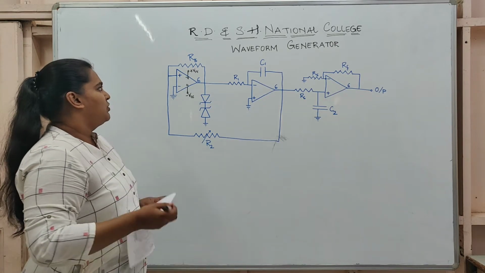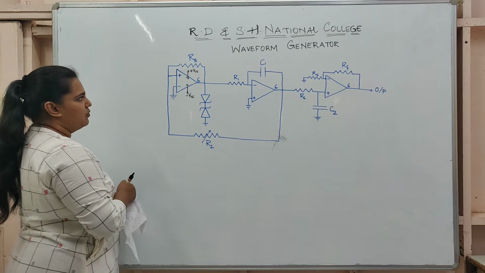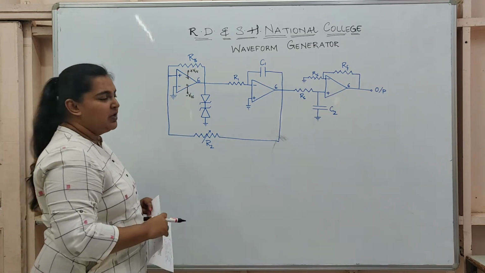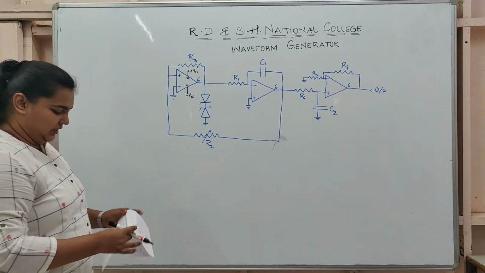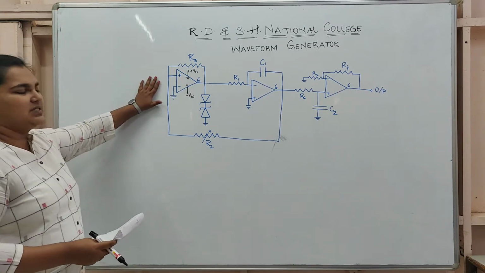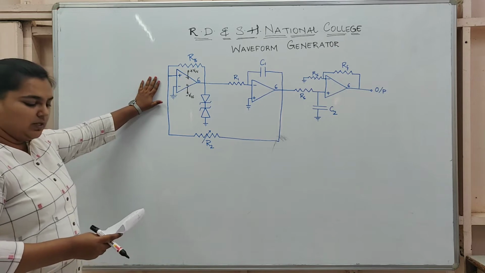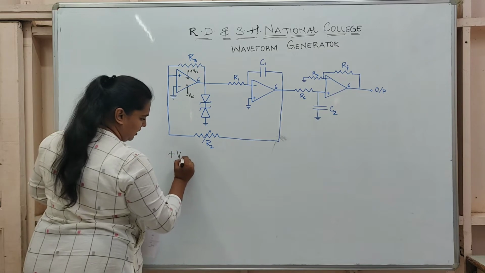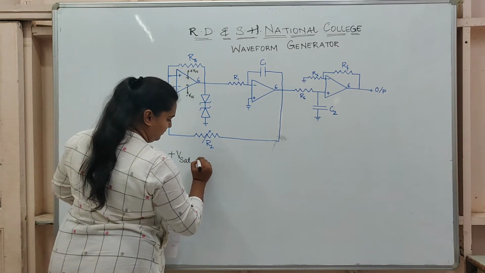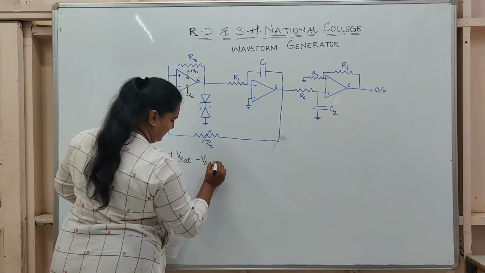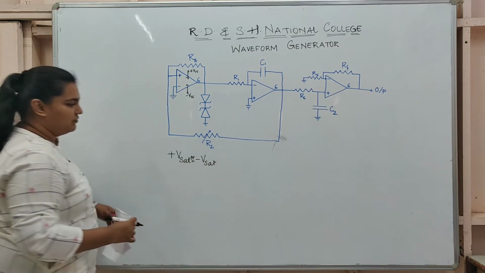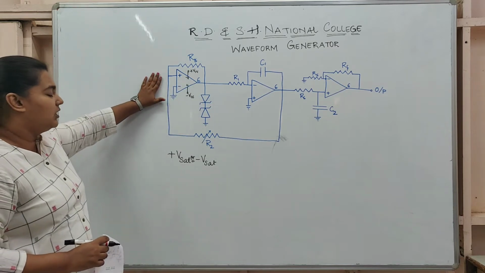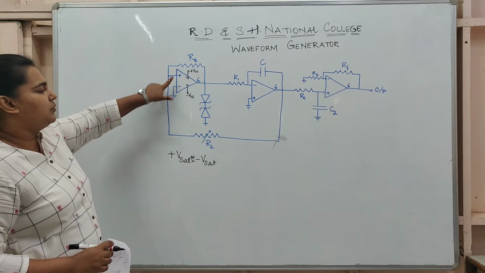This positive and negative VCC could be plus minus 12 volt or 15 volt. That's your choice. So this op-amp 741 in the first scenario is connected as a Schmitt trigger. Now what does a Schmitt trigger do basically? Schmitt trigger works on the basis of hysteresis. That is, it will give you voltages directly from either positive VSAT or it will give you a negative VSAT, nothing in between. So you get a positive VSAT or negative VSAT as output of the first one, depending on what the input voltages are here.